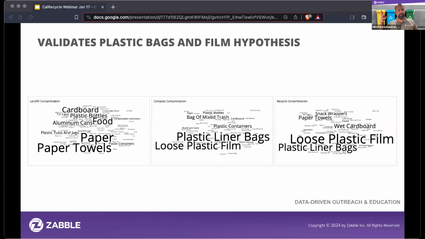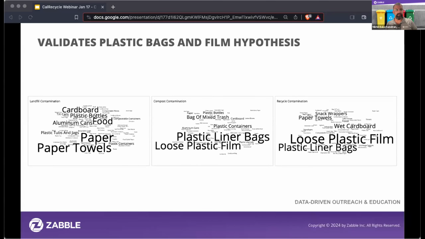And then finally, you can see the distribution of the contaminants, and how often they were found in a route or across the bins. Rebecca had a hunch for plastic film and bags before they even started, and the data confirms that that was the case with the recycling and organic streams. And then with her targeted outreach with the video, that's how she's closing the loop with targeted education on plastic bag contamination.